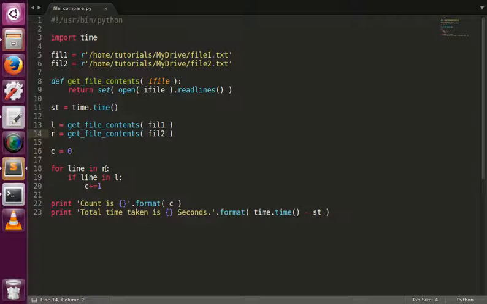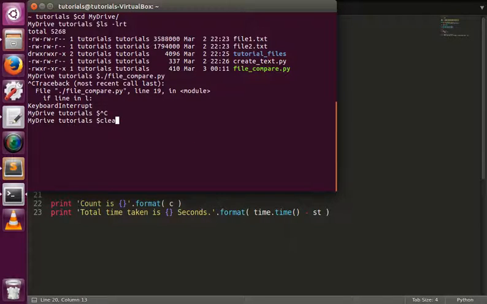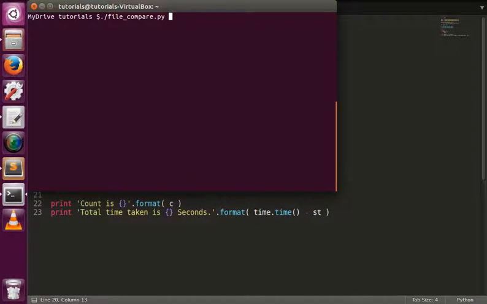Now we are just iterating over the right set and looking for each element in the left set, and we are incrementing the counter. Now let's run this code and see how it performs. I'm going to run my code. Now that was so fast, and it clearly states it has